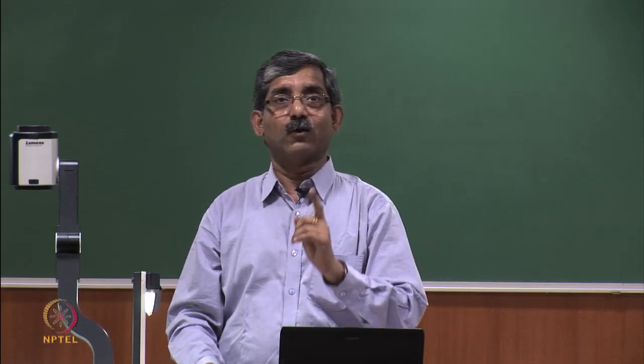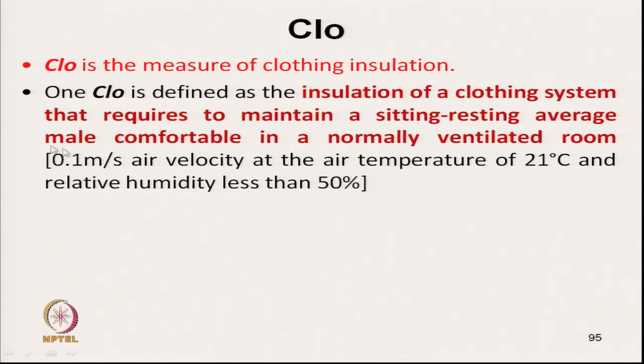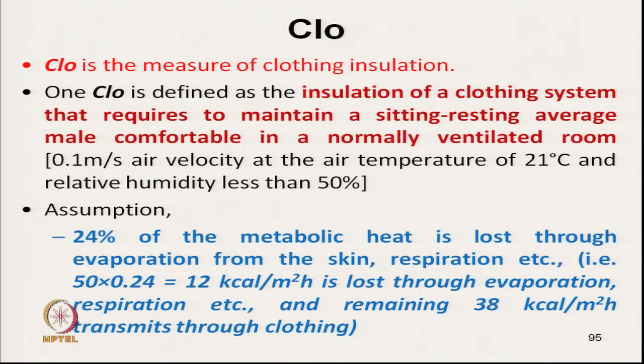is called 1 clo. The room condition, the ventilated room condition, is expressed in terms of 0.1 meter per second air velocity, an air temperature of 21 degrees Celsius, and a relative humidity of less than 50%. That is the condition of the room. Now, using a few assumptions, we can derive the relationship. The assumption is that